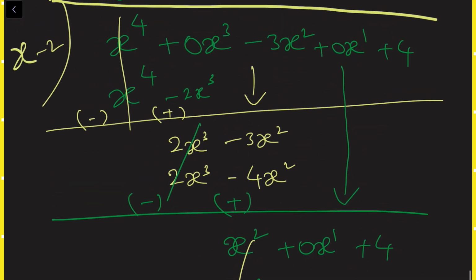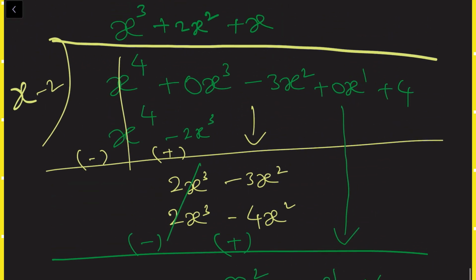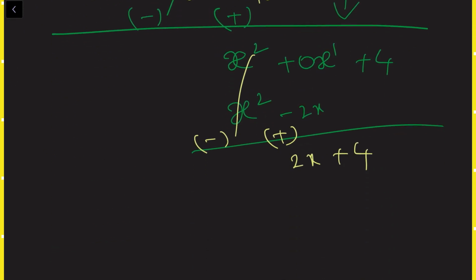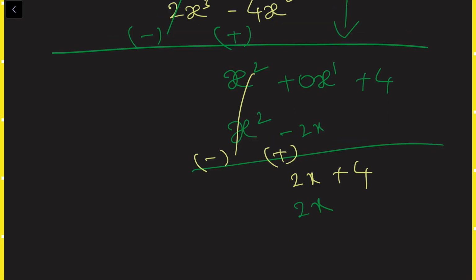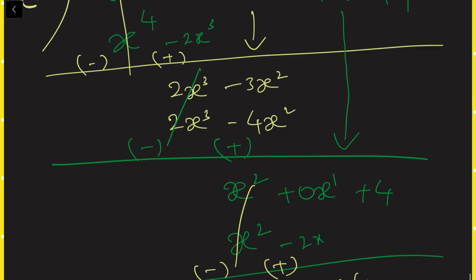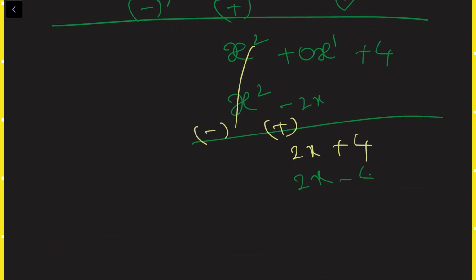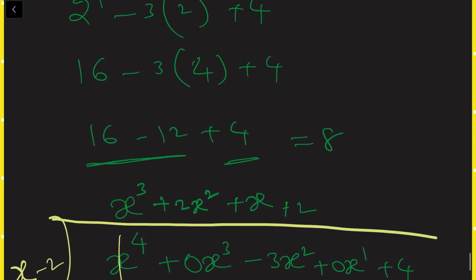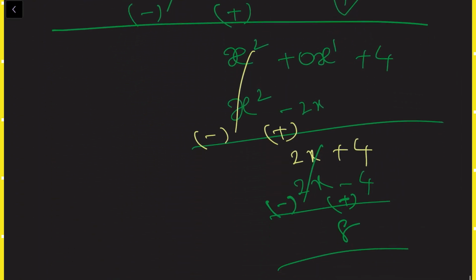So next, x is there. X should be multiplied with 2. X, if we multiply that with 2, so it will become 2x. Then minus 2 into 2, minus 4. Symbols will change. Plus 2x will become minus 2x, minus 4 will become plus 4. These two cancel. 4 plus 4 is 8. So here we got the remainder as 8. Then when we substituted also, we got the remainder as 8 only. So verification done.